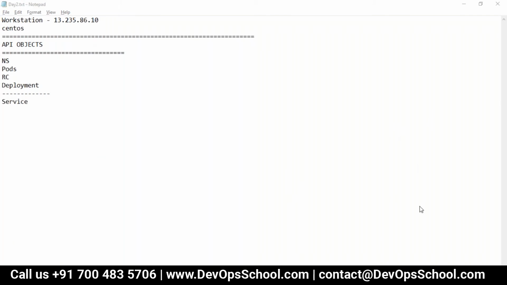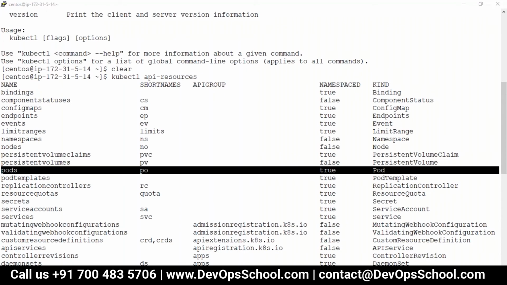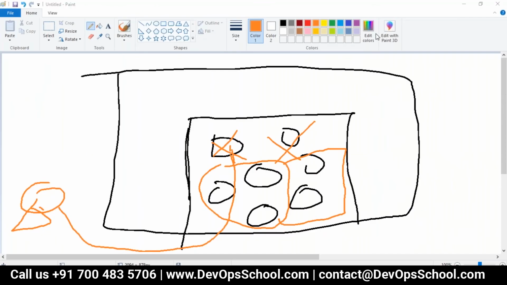Yeah, I can. Okay, so kind is equal to something like this. See, we are in this room, we have got 15 people. Now how can I pass the instruction to you? I have to use your name, right? So in Kubernetes also we have an API server. An API server has multiple APIs.